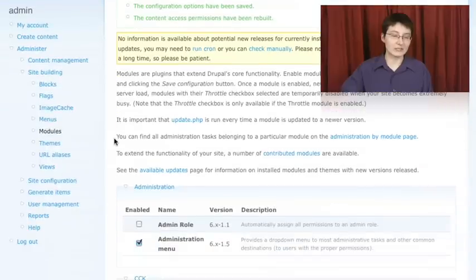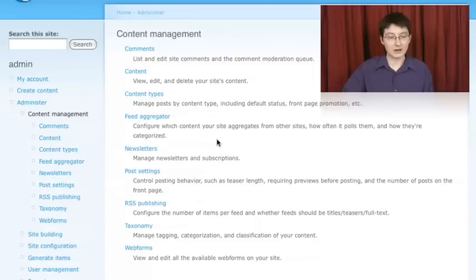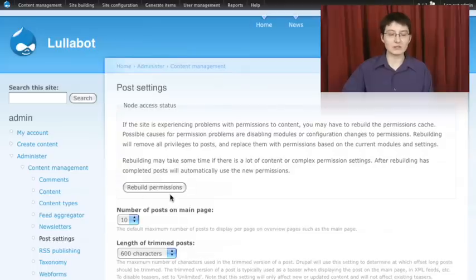One important troubleshooting tip is if you ever have issues with some content being private when it ought not to be, or the other way around, go under Administer, Content Management, and Post Settings, and there will be a Rebuild Permissions button. In general, you don't really need to press this button. It's really only a troubleshooting measure if some weird thing happens where something was marked private and is still visible. That doesn't happen very often, but it can happen,